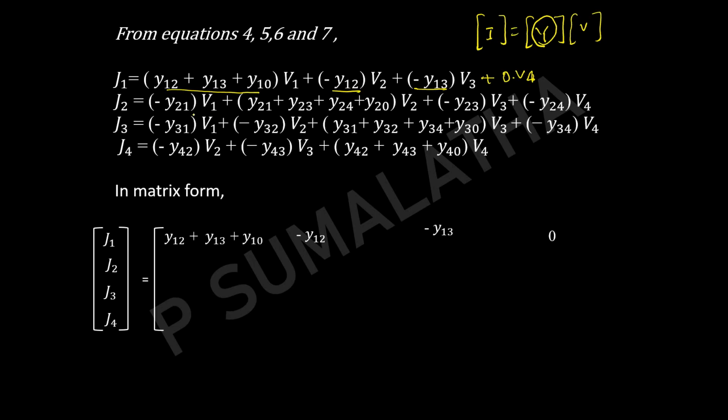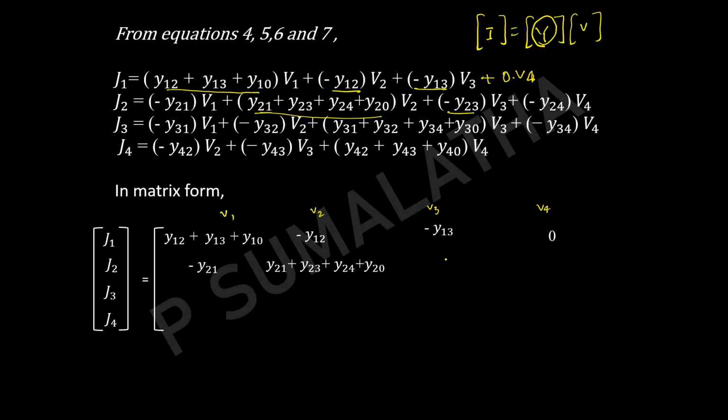Similarly, let us represent the corresponding row. This will be the V1, V2, V3 and V4 values. With respect to J2, the V1 value is minus Y21 and the V2 value is this complete one, Y21 plus